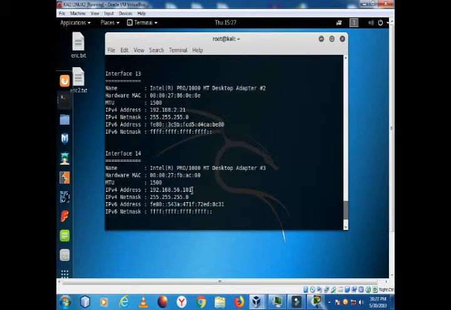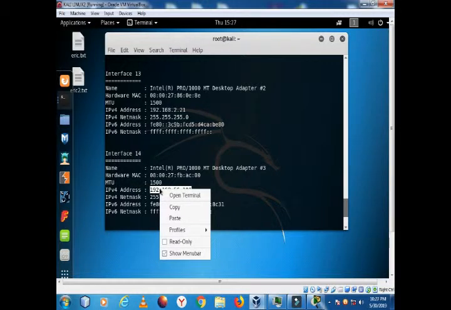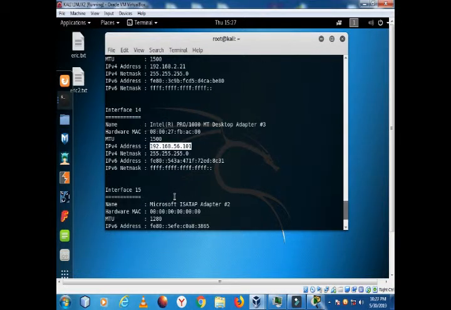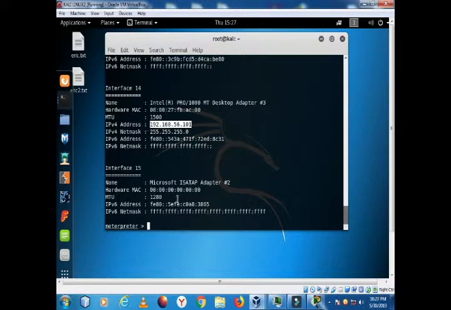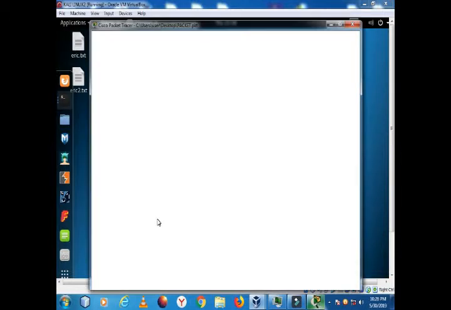As you can see, we have interface 15, which is that, and there is another network here and interface 14. So we would try to scan that network range and see if we can find actually our target machine, which I showed you,